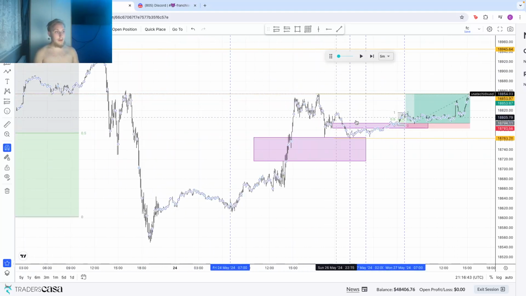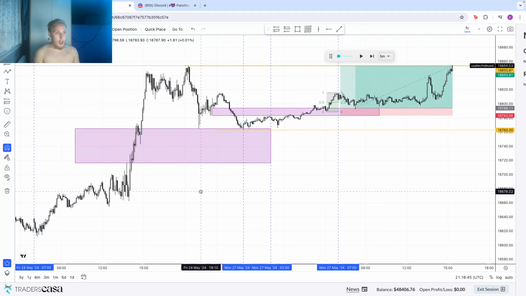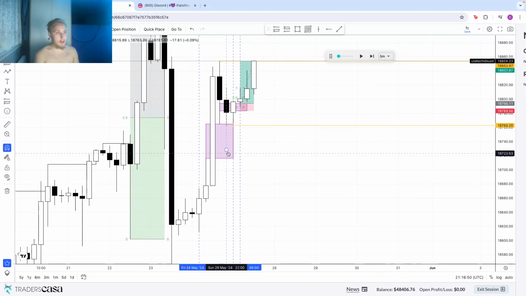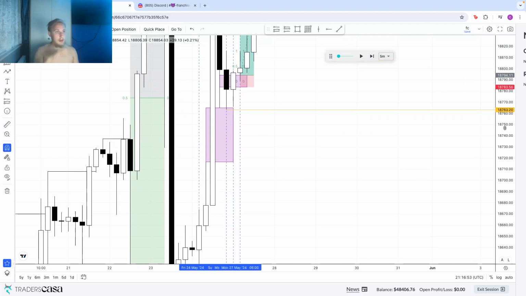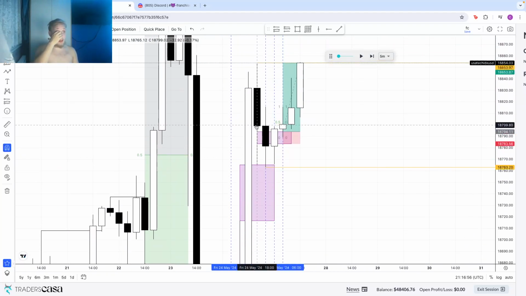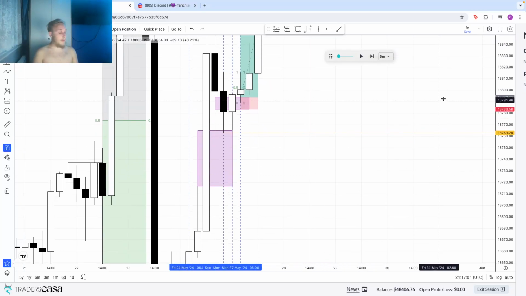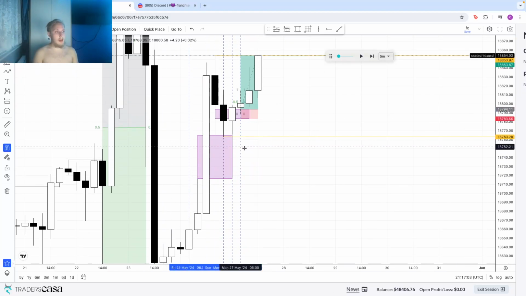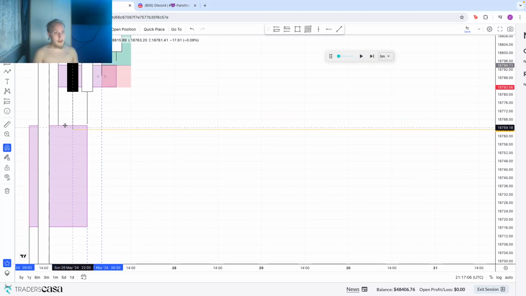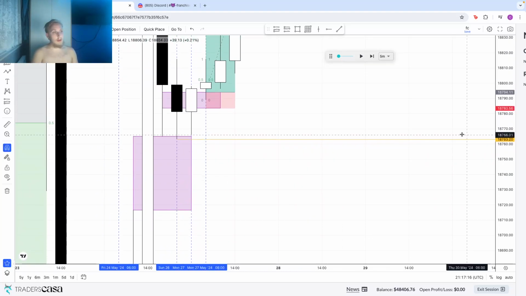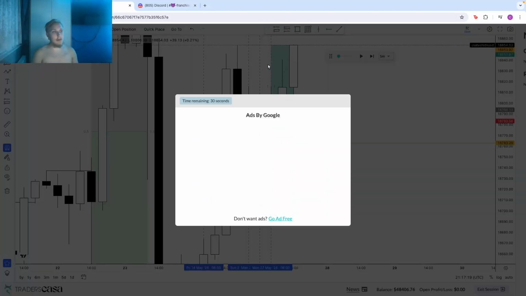Jump onto the 5 minute. So originally we looked at it from here. Originally we had the CRT here, and this high to this low with this fair value gap here. But during London, we did not push down into this. We didn't sweep liquidity and we didn't tap back in. So that's fine. But what I did notice,